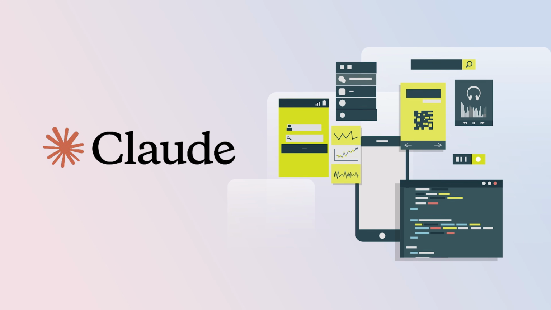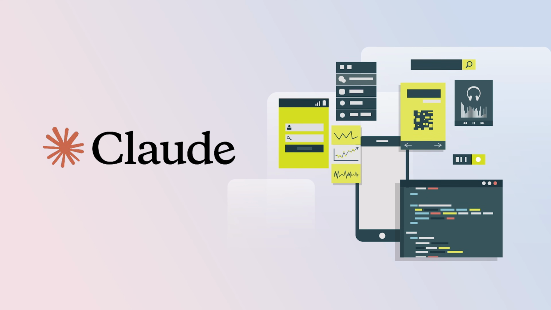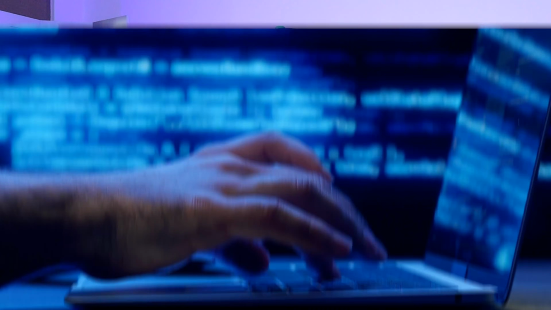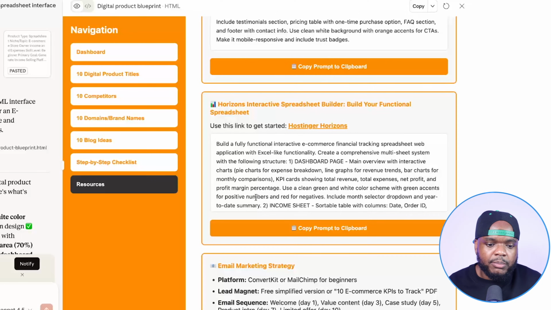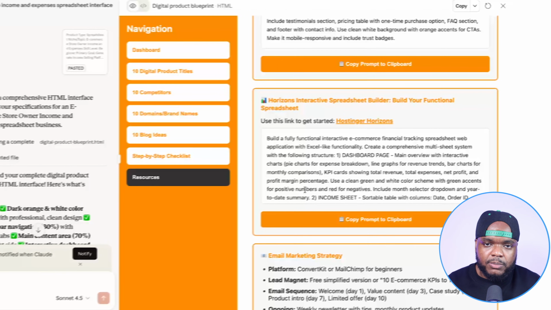But for the most part, I would say that those are some of the main things that you need to know when it comes to the potential of using Claude to help you gain clarity as to the best steps to take for the digital product that you're thinking about building. By no means am I saying that things are going to happen overnight or you're going to see success straight away, because things don't really work like that. There's always going to be a learning curve. There's always going to be work that's going to be required. But I know for a fact, if you're able to use Claude or any other AI tool to give you the steps just like this, it's going to give you the confidence to know that you're possibly heading in the